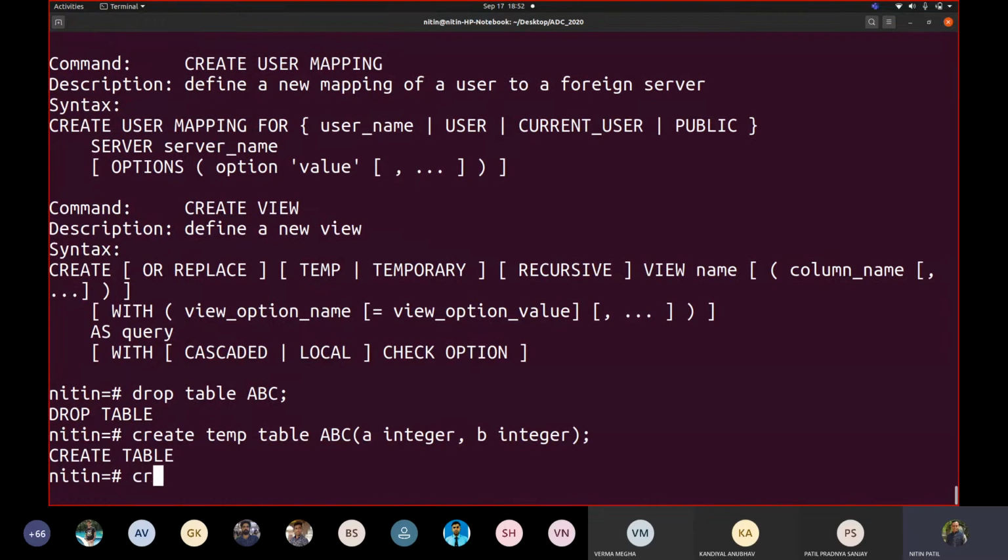Now let us create a sequence. Create sequence myA. Let me show you this so that you can see what values we are specifying.